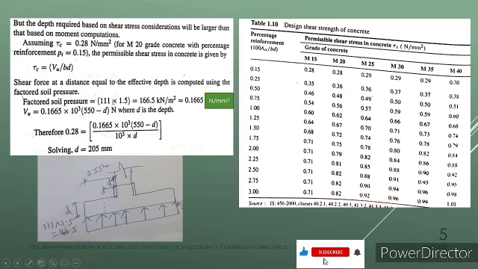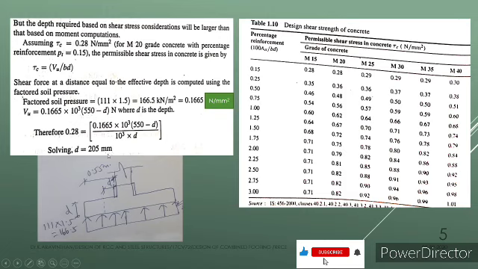So right now we are having the equation for shear force. Let us apply it here in Vu. So we already got the Vu force here. Let us apply the same value divided by B into D. So B here will be 1000 mm into D. So the only unknown is D here. So 0.28 we have assumed. So let us find the D. By solving this, you will be getting the value of D as 205 mm.